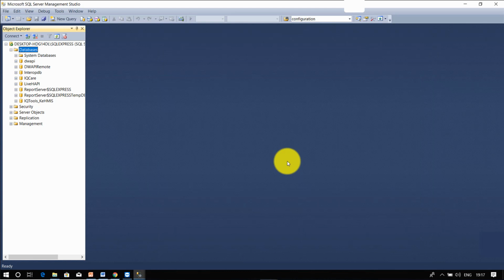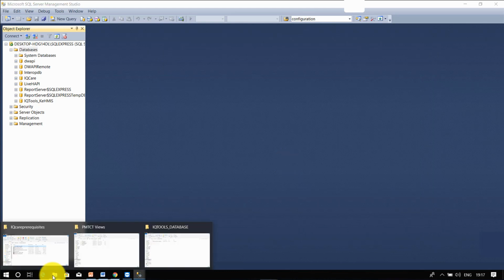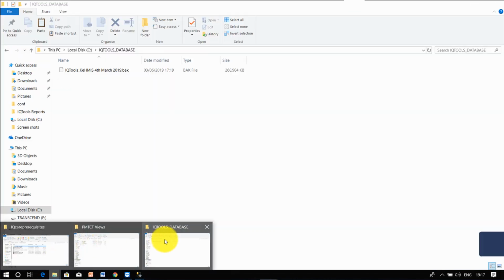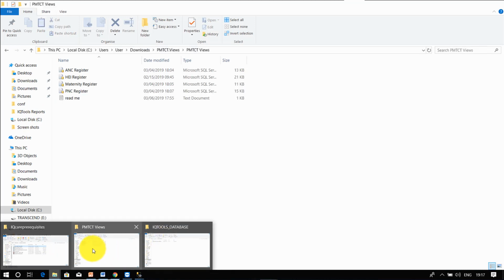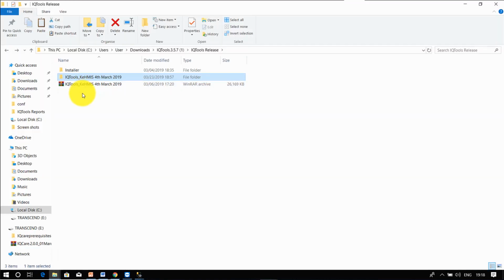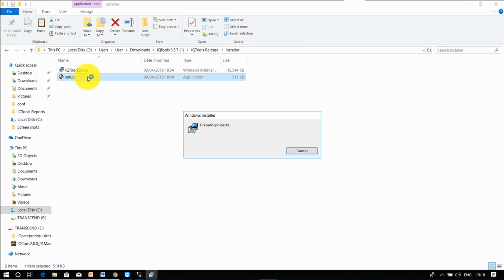The next step is now to access the IQ Tools installation, which we had downloaded. Let's now get back to the IQ Tools installer. We are going to set up the IQ Tools installer. Double click to install IQ Tools. Proceed with the prompts.